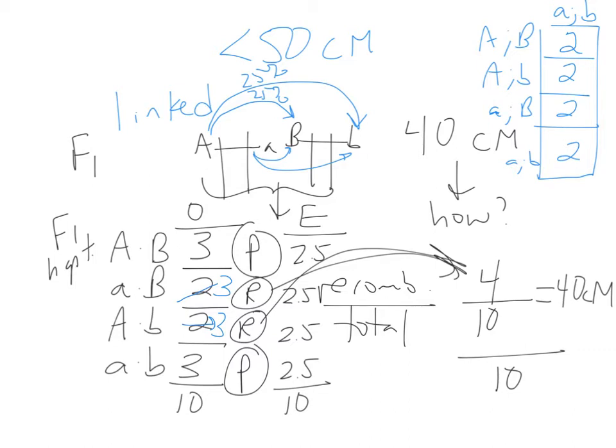Go ahead. How do you determine what's the parental and what's the recombinant? I just told you that. Okay. If I was giving you this sort of a question, I would have to tell you, because what do you need to know? This is what I want you to know. How would you figure out the parental and the recombinant types? What information did I not give you? The parent cross. Who was it that was crossed together to produce